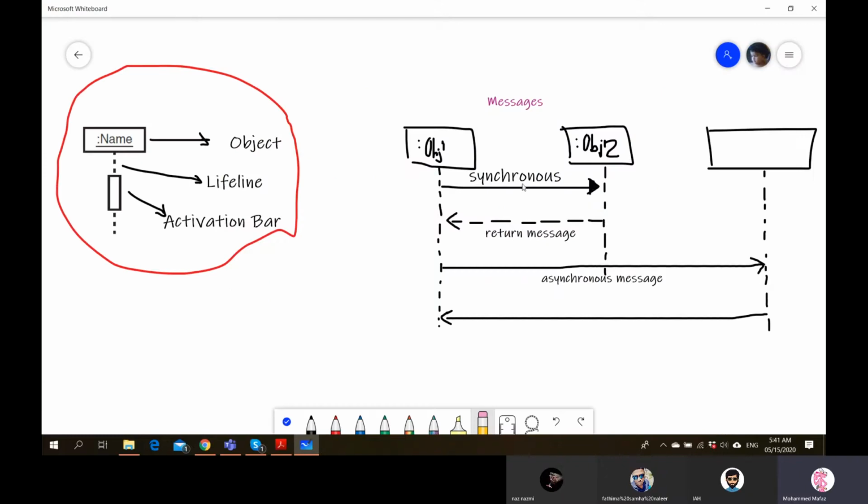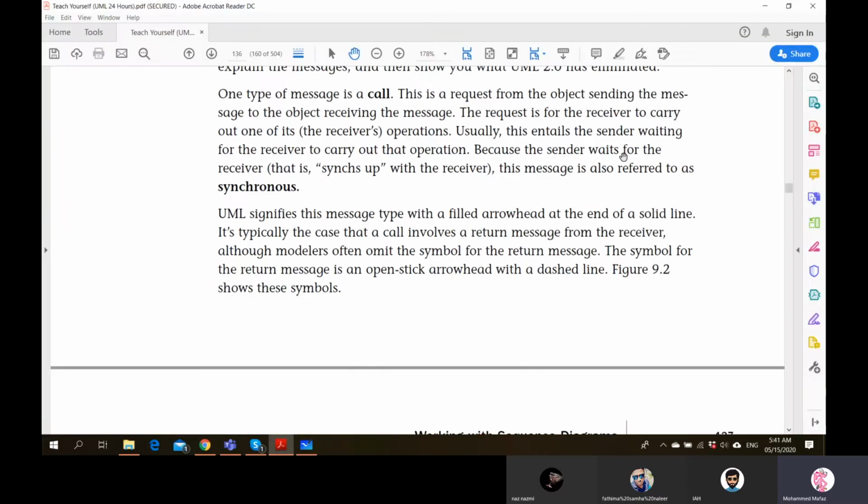As I discussed here, when object 1 sends a message, you are calling a function defined in object 2, and this has to return something. Object 1 is expecting a response.